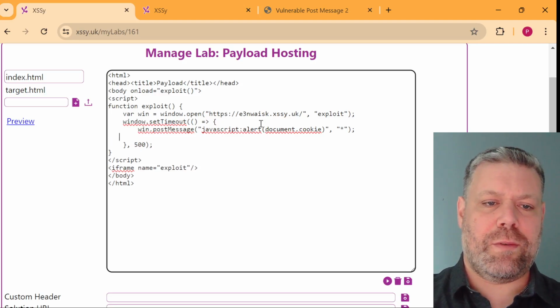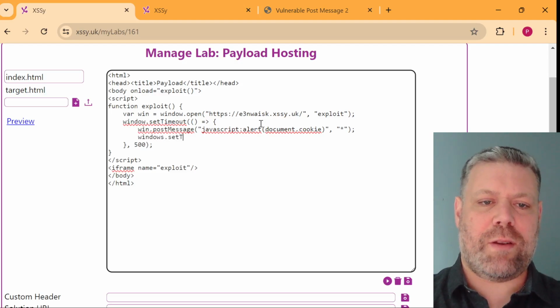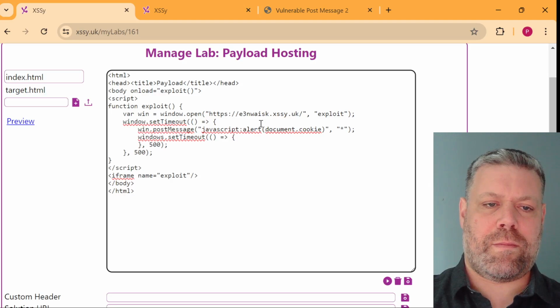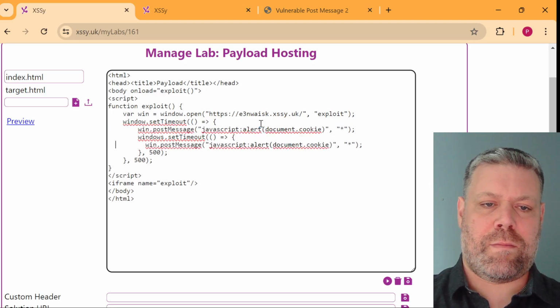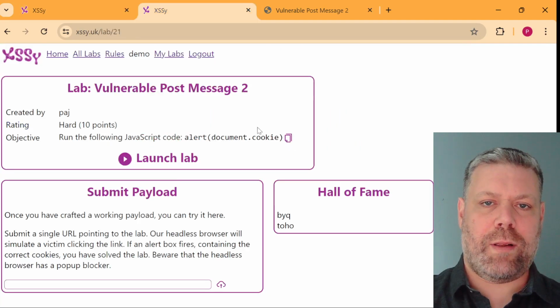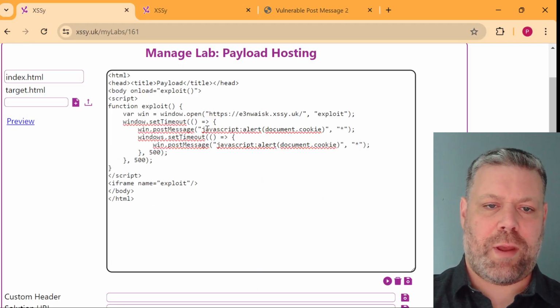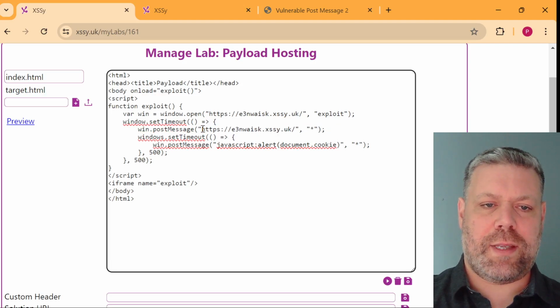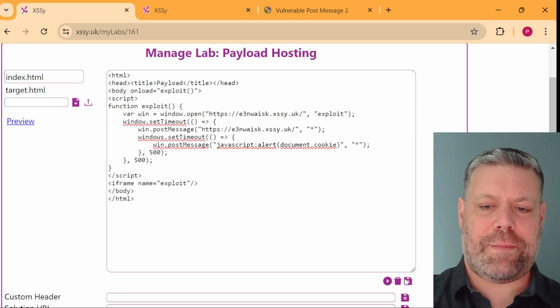So first of all, after the first post message, we'll do another window.setTimeout, so the second one will go to the JavaScript URL, and we want the first one to go onto the same lab domain. So let's save that, and when we launch it,